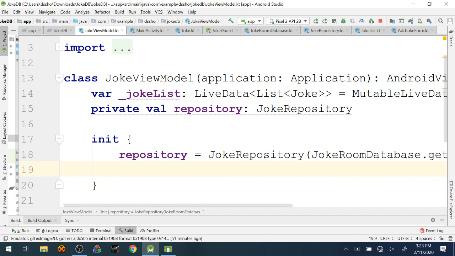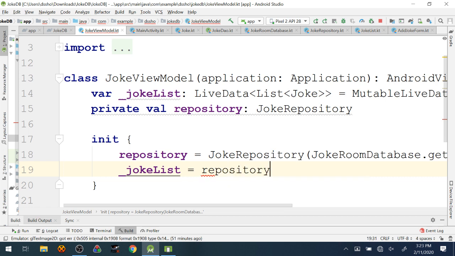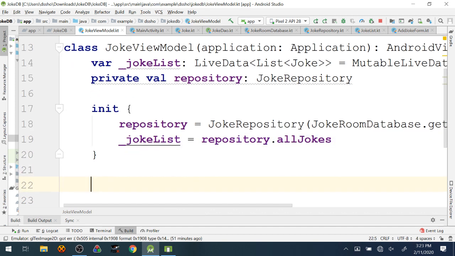Okay. And then we're going to set up our joke list to track with the live data object from the repository. So now any modifications that happen to the list in the repository will also be reflected in the joke list itself.